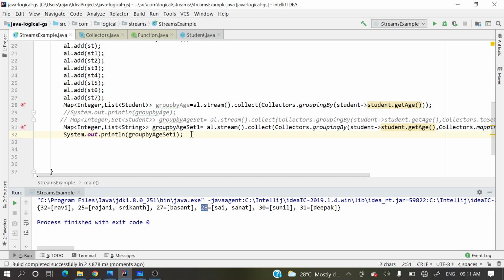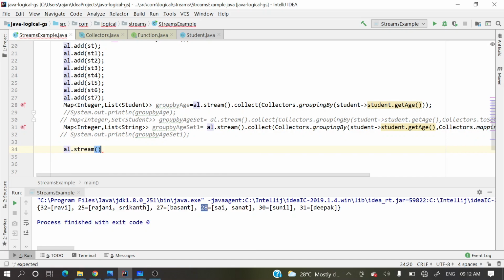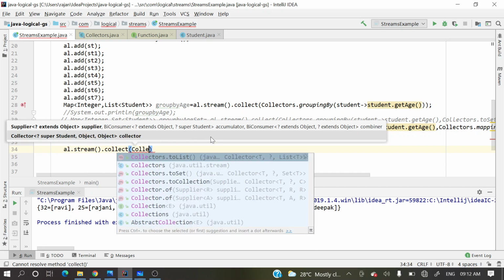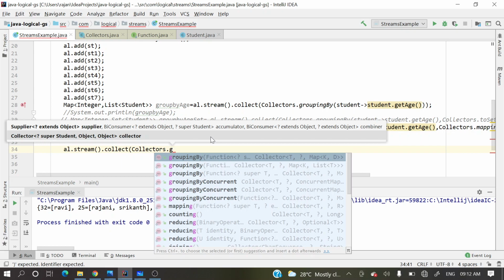So we have seen two variants. One is groupingBy with one parameter, and another is groupingBy with two parameters, a function and a collector. Now let's see the third variant. So what exactly is the third variant? It will take one supplier as well. Collectors dot groupingBy.